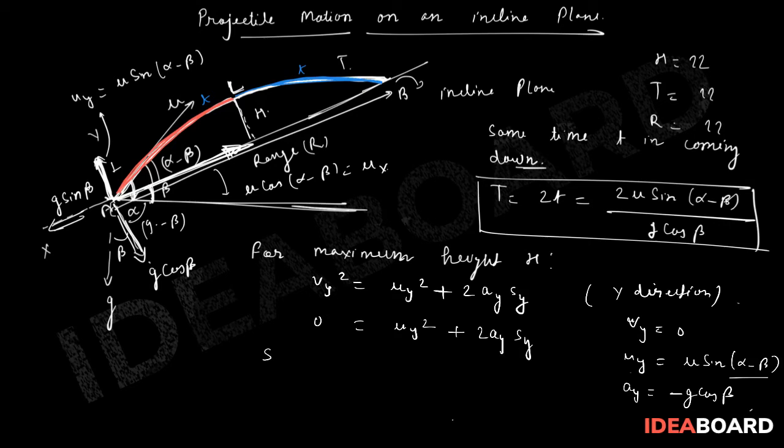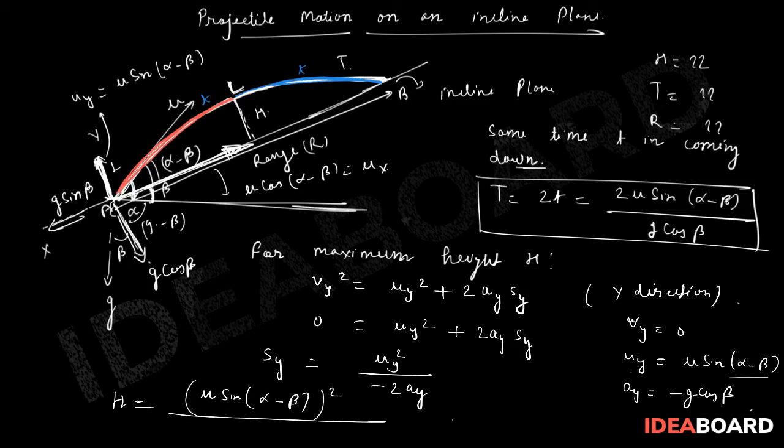So sy is going to be uy square upon minus 2ay. Now here sy is h, uy is u sin(alpha minus beta) whole square divided by minus of minus g cos beta. So we achieve here finally u square sin square(alpha minus beta) upon